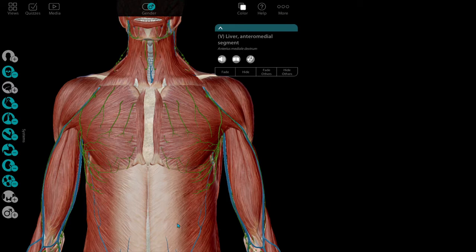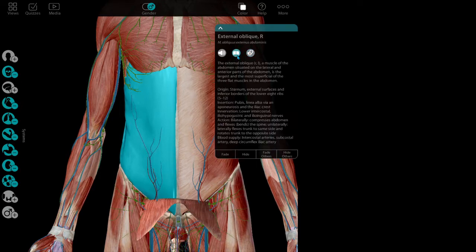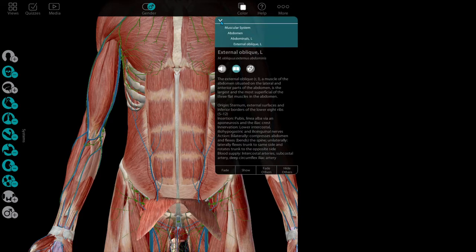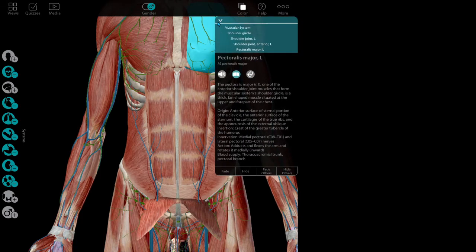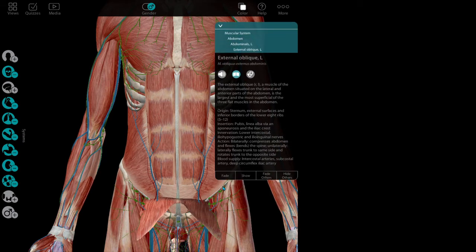So that is the function. As for the origin, the origin is at the sternum or the borders of rib 8. Okay, so the next one, let's hide that one. Beneath the external oblique, you can also see your